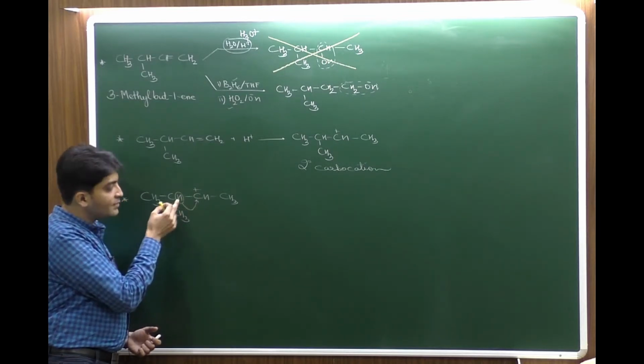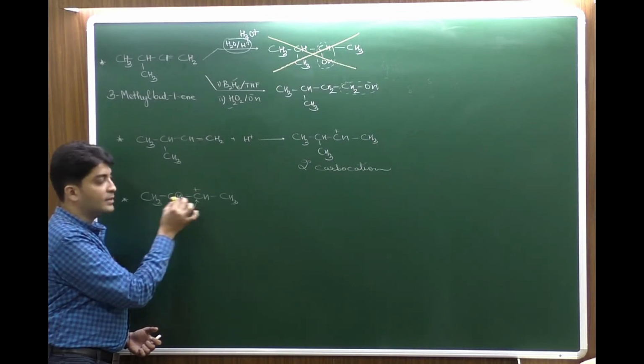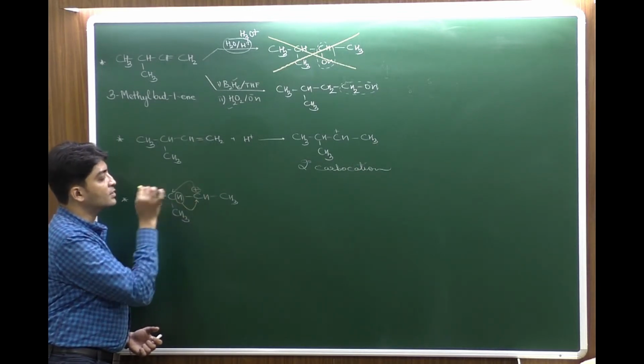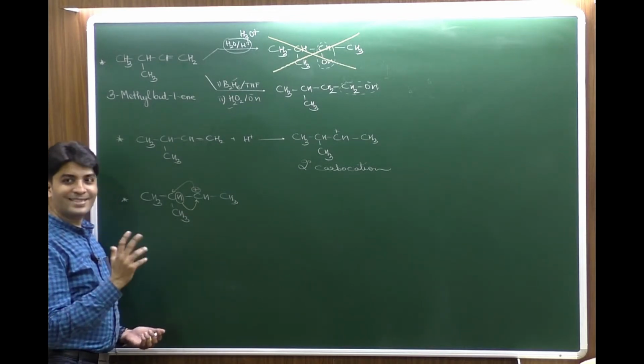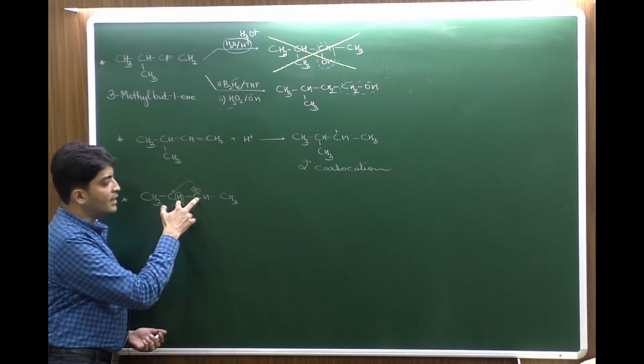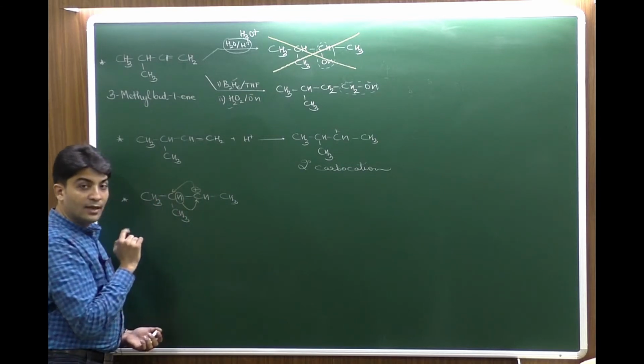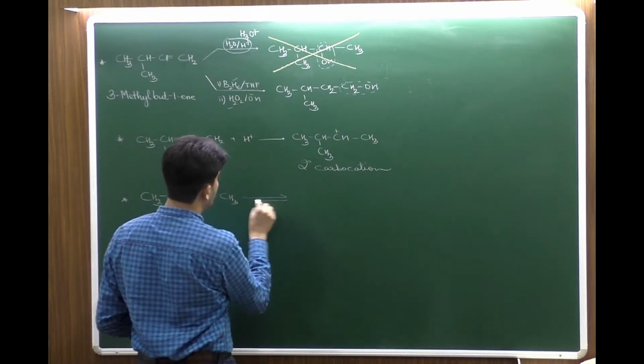But this H is being given away by this carbon, hence the positive charge comes on this. So it's a simple अदला बदली, exchange हो रहा है. H यहाँ पे गया तो प्लस यहाँ पे आ गया. But इससे हुआ क्या? If you look at the conversion,